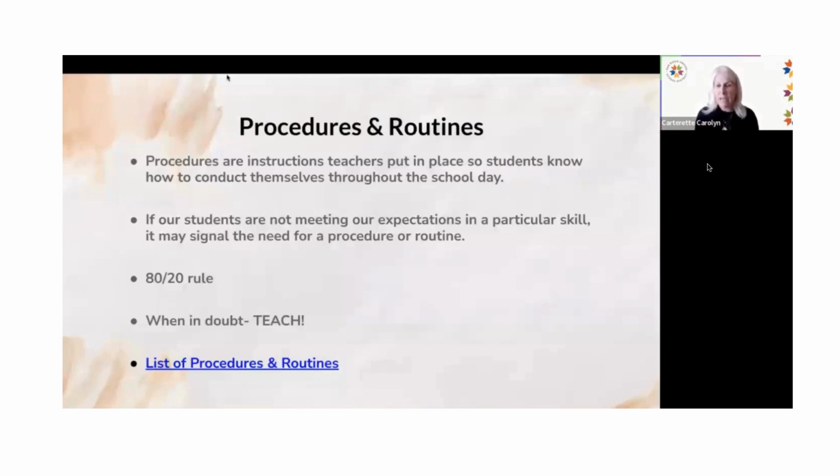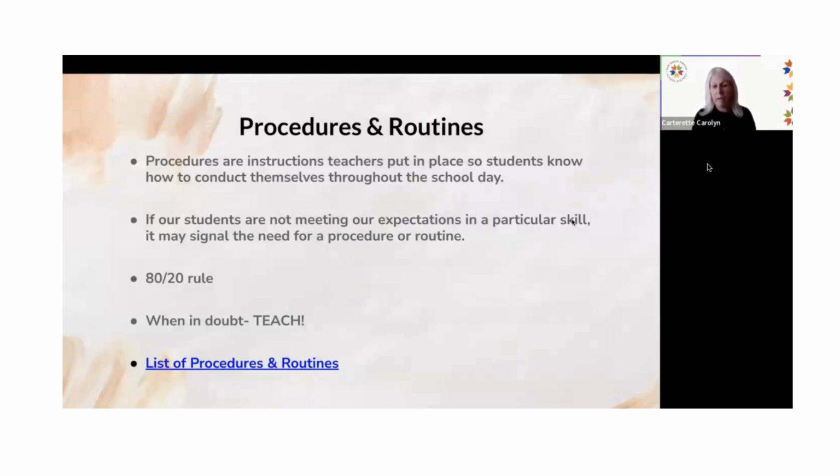And essentially what it was saying is if we spend 80% of our time in the first 20 days of school teaching procedures and routines for all of our expectations throughout the day, which could be 100 if we really stopped and listed them out, then we will have a payoff the rest of the year, and we will only have to kind of reteach and revisit and remind only 20% of the time. So we really want to make that investment proactively at the beginning of the year, and we'll get the payoff